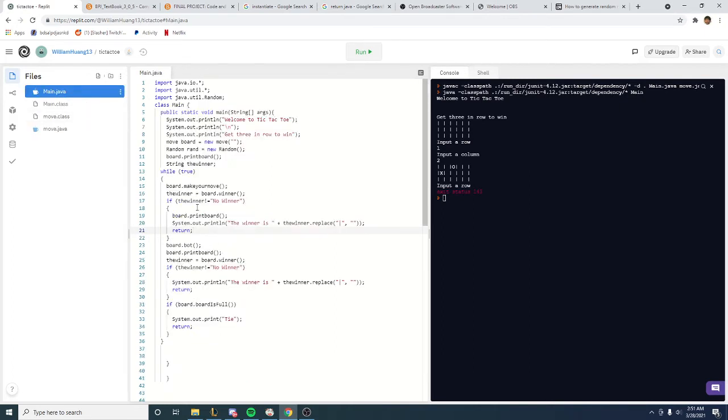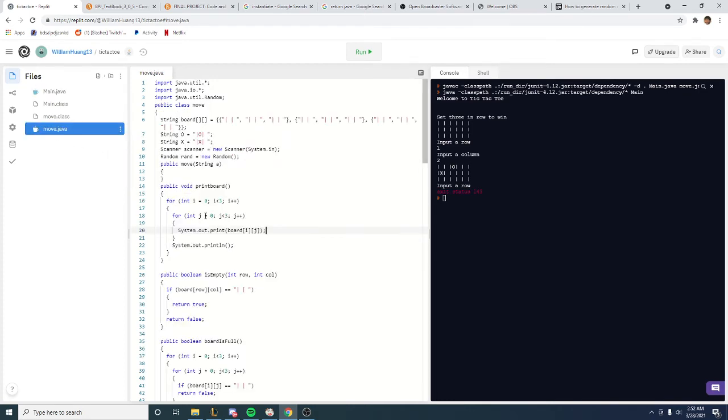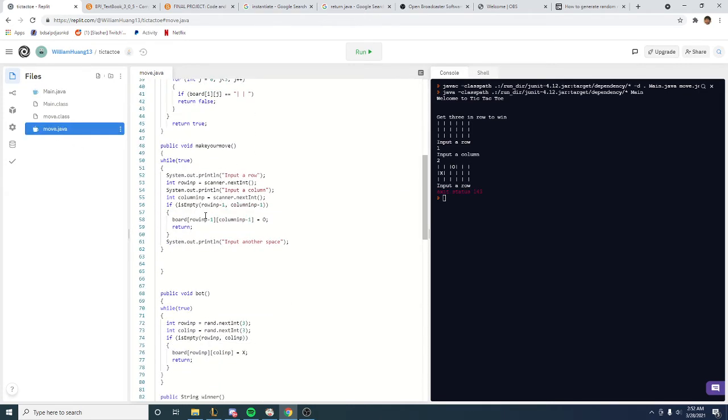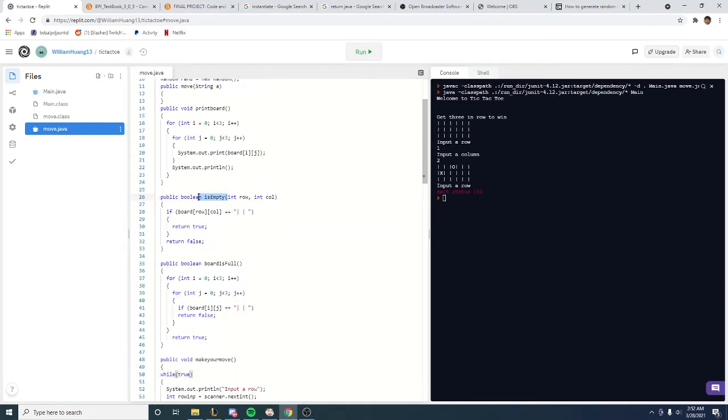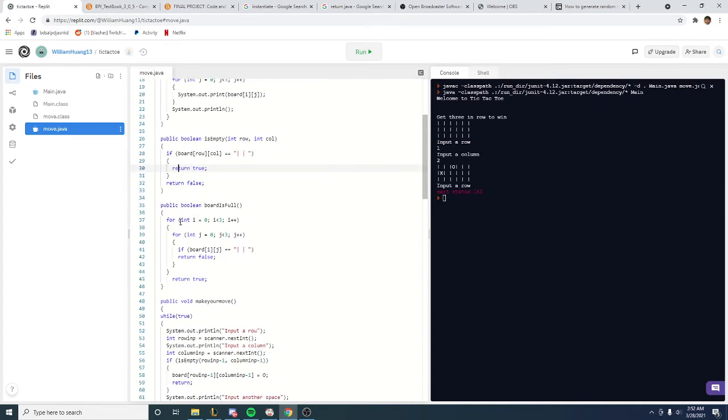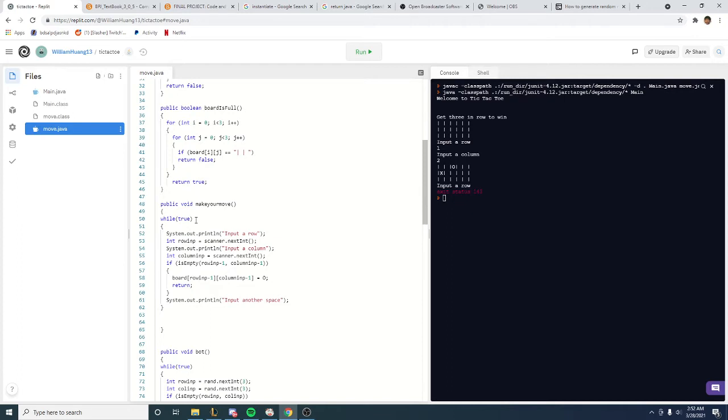So the first method I use is the board.makeYourMove method. So this method is obviously the user input method section, right? So this method make your move, it's a while true loop, just like the game itself. So essentially it will reference this isEmpty method, which essentially checks whether the spot on the board is empty and not occupied by either an X or an O, and it will return true, right? So while true,